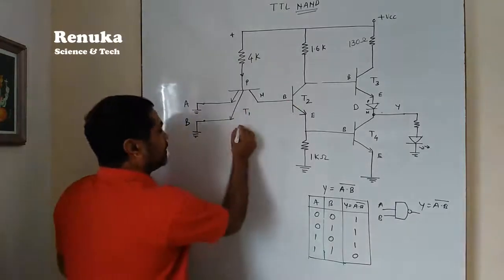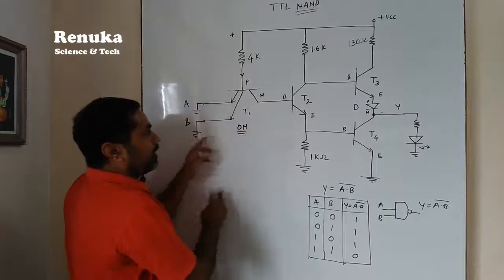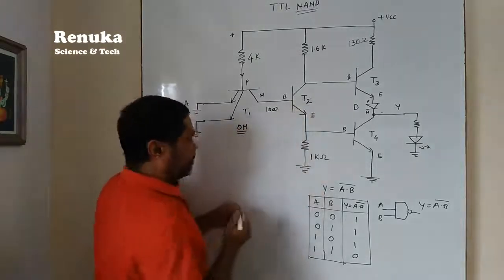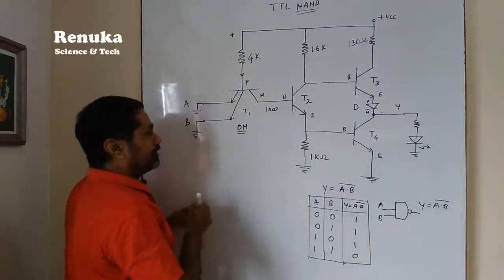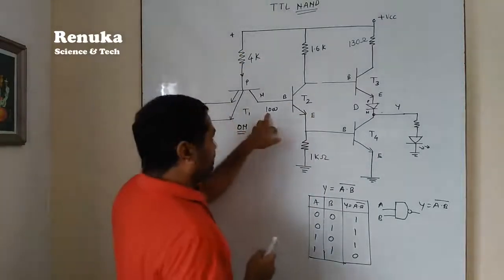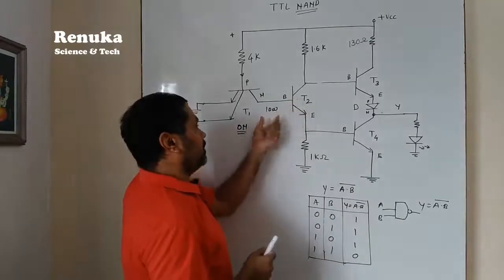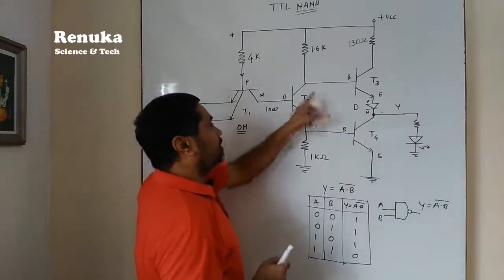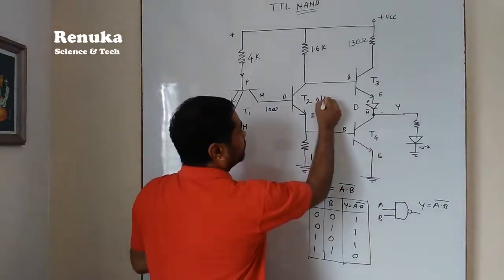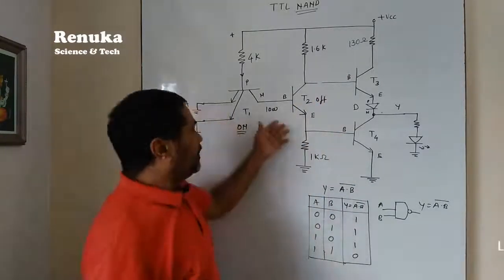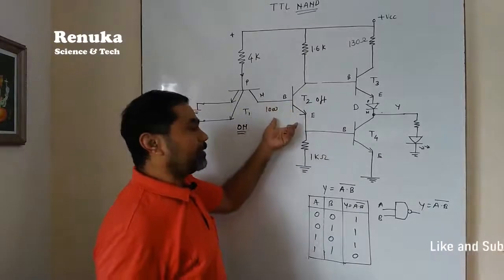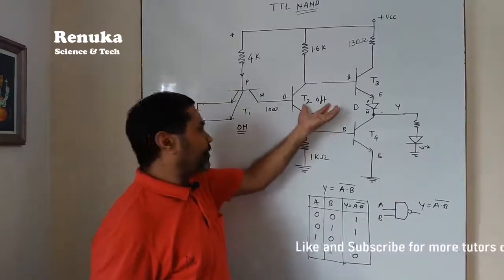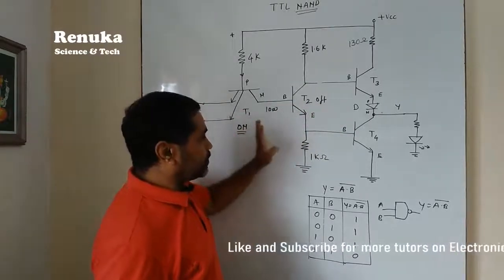So that is why we can say that this transistor is now on, and it is creating low at the base of T2, because all the current is flowing towards ground. If no current is here, the voltage will be 0, and if this voltage is 0, this transistor T2 will be off. As we have already discussed, if the voltage across the input of a common emitter transistor is low, then the transistor will be off. So no conduction through the transistor is possible here.